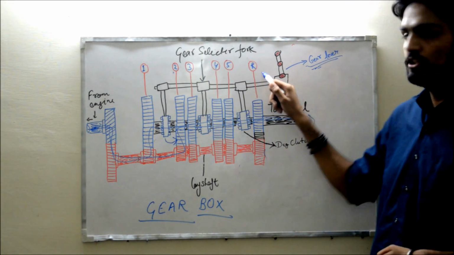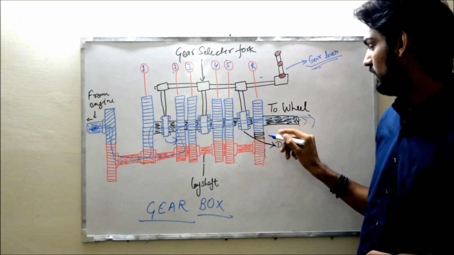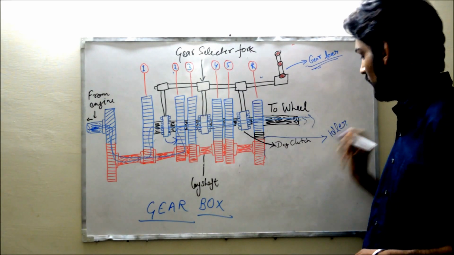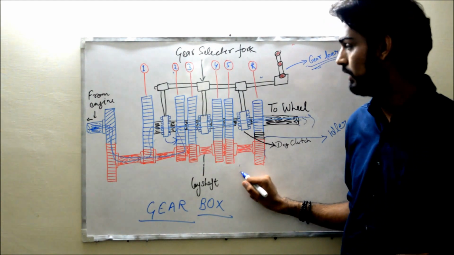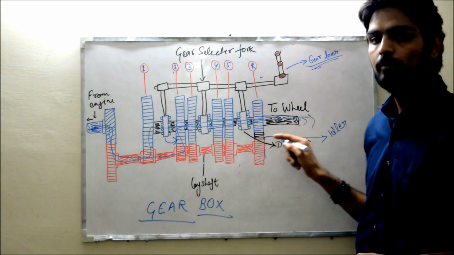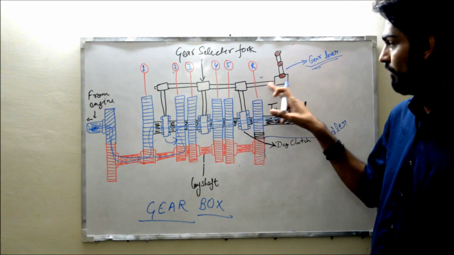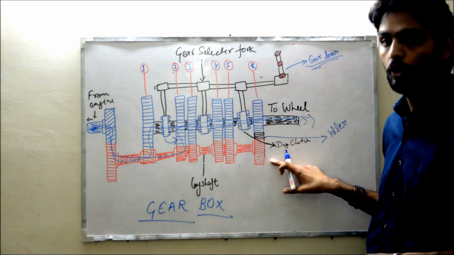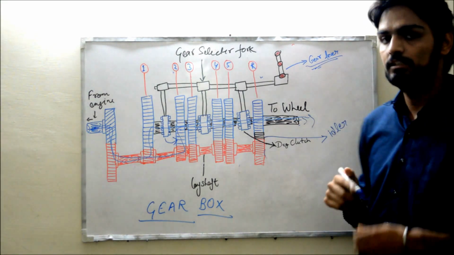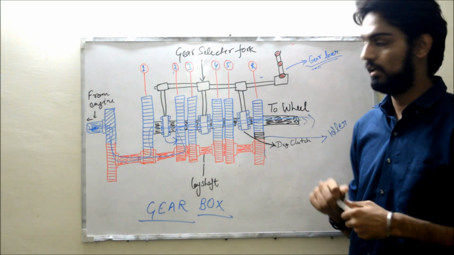In the case of reverse gear, there is something different, which is known as the idler. If the lay shaft is moving in a clockwise direction and the wheel shaft moves in an anti-clockwise direction, the automobile moves forward. But in the case of reverse gear, if the lay shaft is moving in a clockwise direction, the wheel shaft also moves in a clockwise direction, which leads to the automobile moving in the reverse direction.